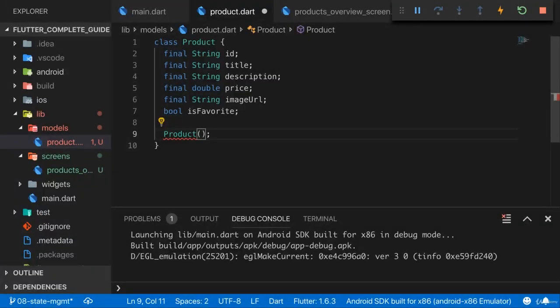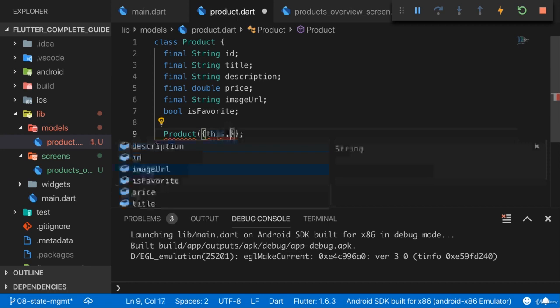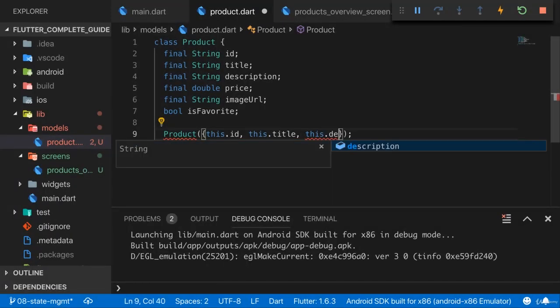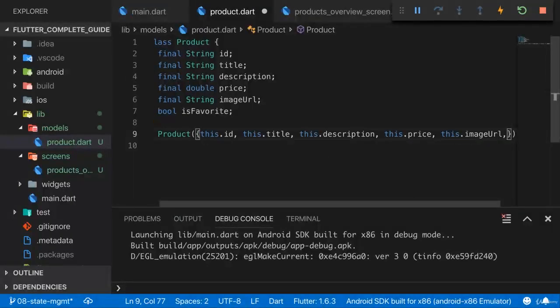And as always, it's up to you whether you want to use named or positional arguments. Since we have a couple of arguments here, I think it's easier to work with this class if we use named arguments. So I'll use curly braces here around my argument list to add these arguments as named arguments. And then I want to be able to set the ID. I want to be able to set the title, the description, the price, and the image URL, and of course